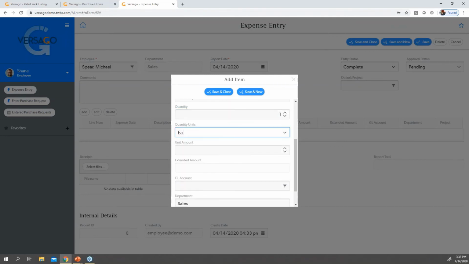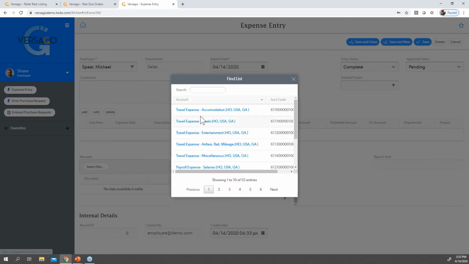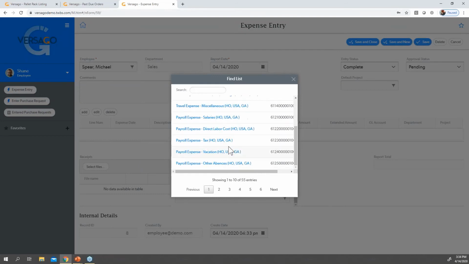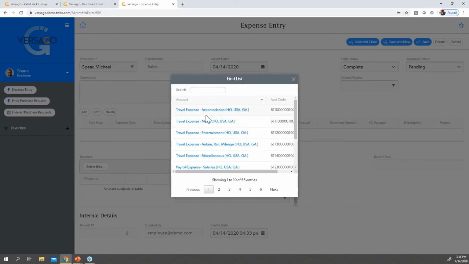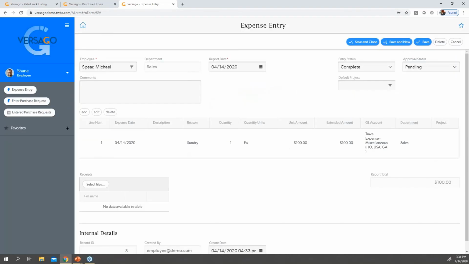Was it something that I had to pay for by the hour or the day? Here I can put in the amount. Now here, this is where the GL lookup is, and we can actually control this based off of the users, so that it will narrow this down to exactly the user's GL account. So if I chose a certain project, it would narrow that GL account down a little bit further. If you use branches, all of those types of things we can narrow down on GL determination.